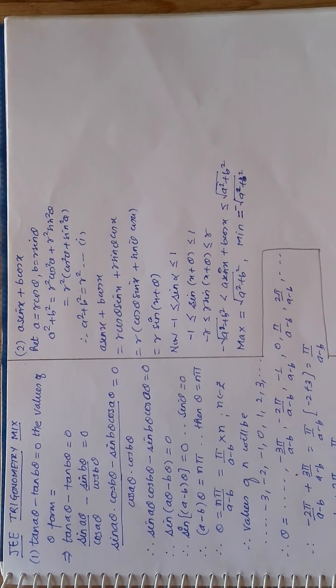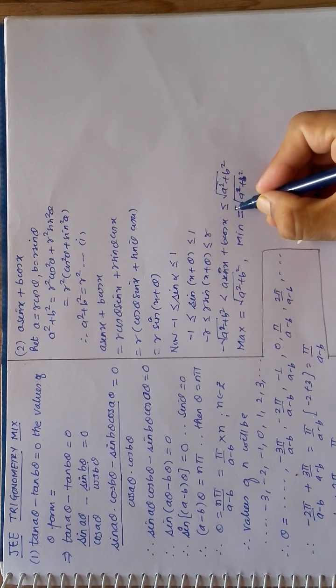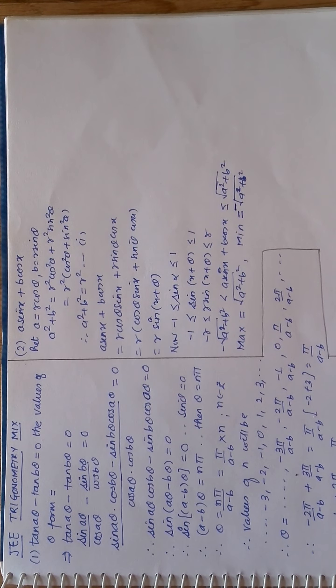What are the things to remember? The minus sign is over here. What are the things to remember? The most important thing is it is only applicable for a sin x plus b cos x type. Means a cos x plus b sin x also is okay. Means in short, whatever angle is possessed by sine, the same must be the angle for cos, otherwise it is not applicable. The minimum value of a sin x plus b cos x is minus under root a square plus b square, and the maximum value is plus under root a square plus b square. The minus sign is present over here, please see it. So this helps us to solve many questions.